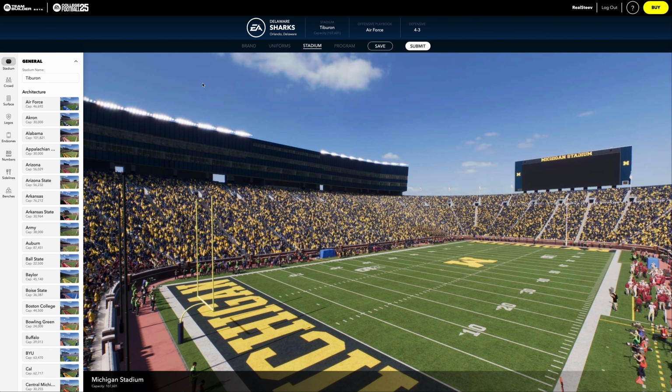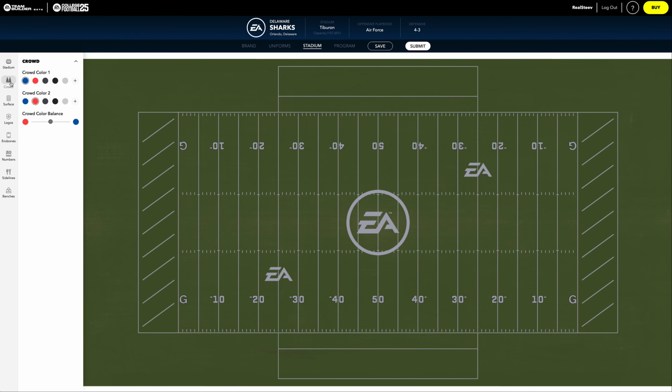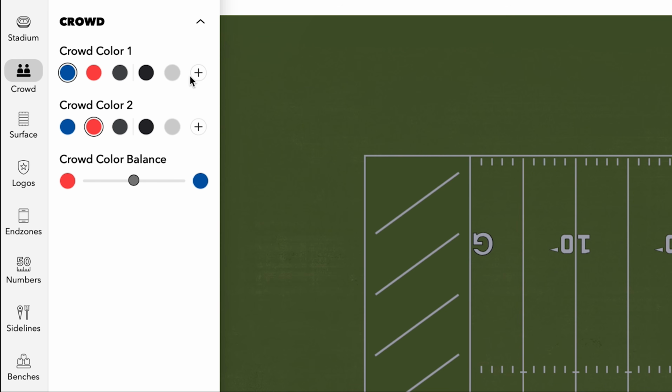Now, while we're on the subject of your uniform, I did want to actually throw this out there for you guys. A lot of people have been telling me that they've had an issue with their accessory color not being what they want it to be. They're asking me, like, where does this accessory color come from? It actually comes from under Stadium, the crowd color, okay? If you change this crowd color to a certain color, that's going to be your accessory color,